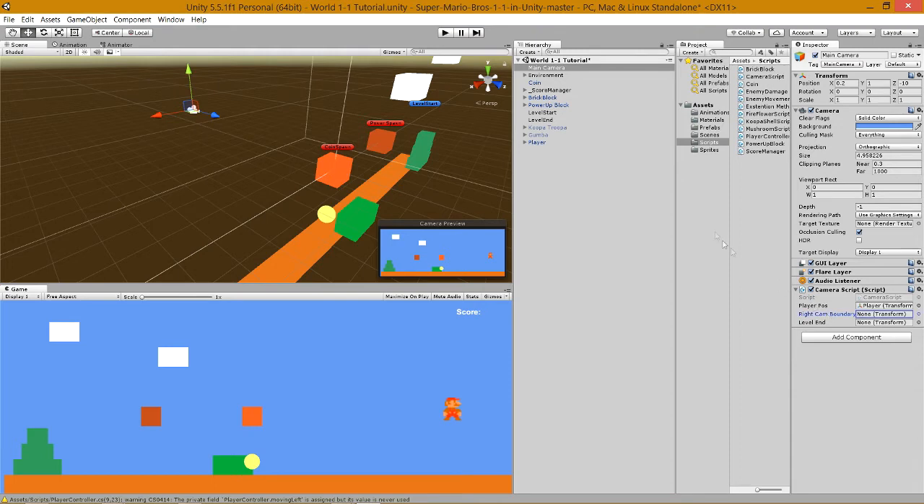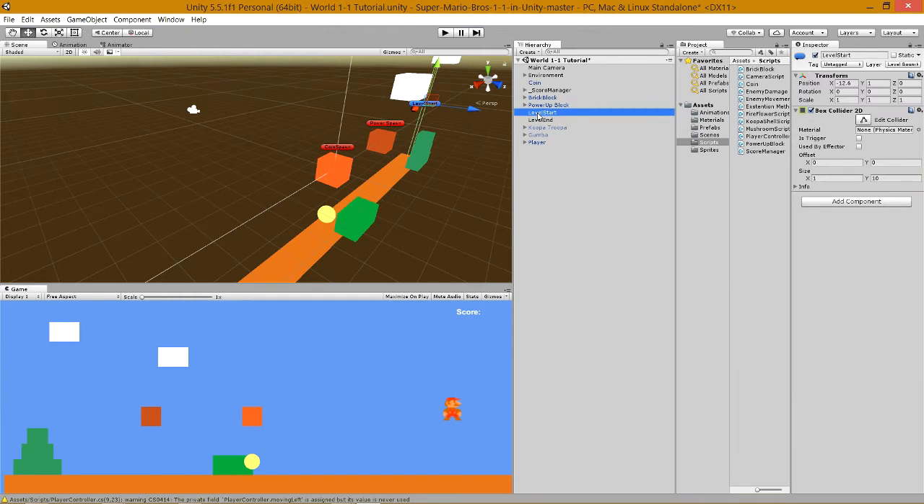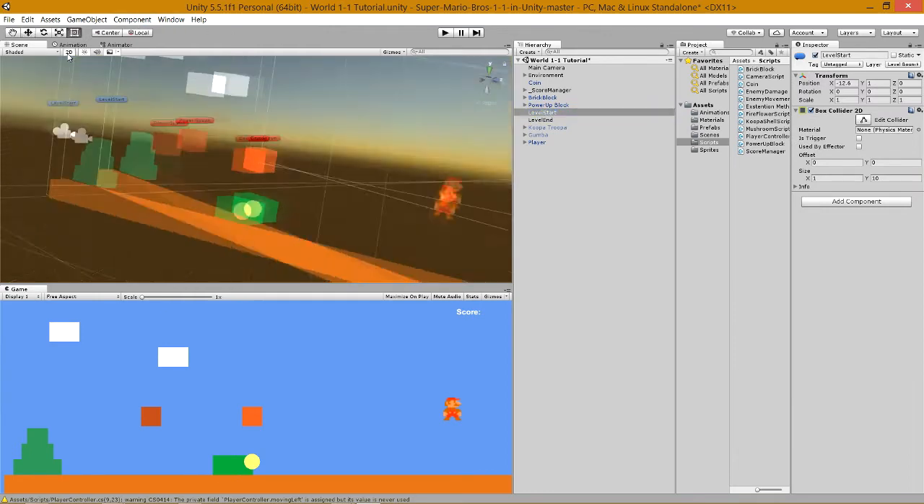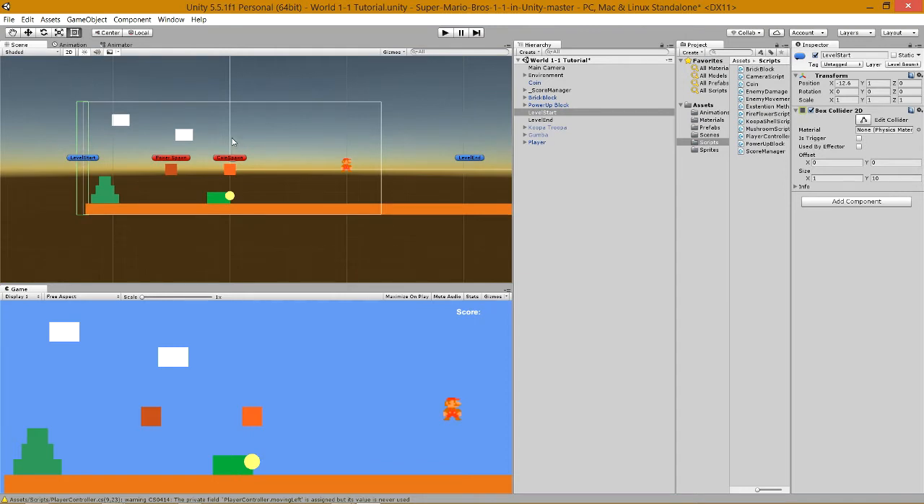Our right cam boundary has yet to be created, so what we're going to do is the level start, go to our scene view, change this to 2D. The level start game object is just a collider. It's stored in the game object. We're going to duplicate this,